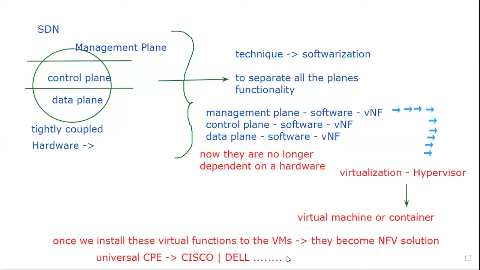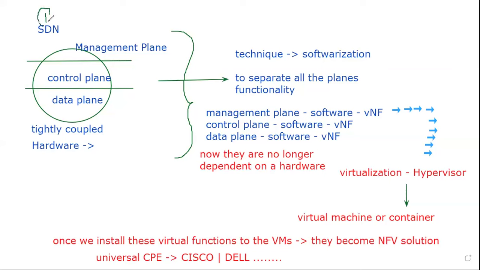Now, what is the use of SD-WAN? In case some customers would like to use a data plane virtual network function, it can be installed onto it. As well as the separation of these three planes, they can host the management plane and control plane over the cloud. Over the cloud also, the virtualization technique is being used. This is very important for us to know.